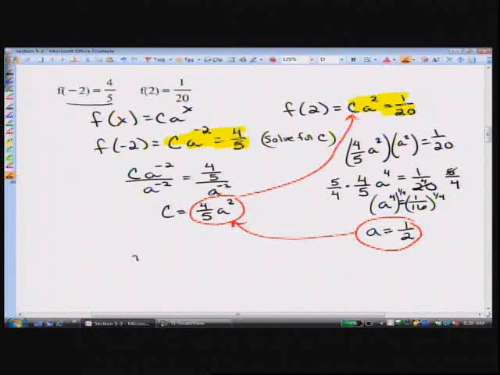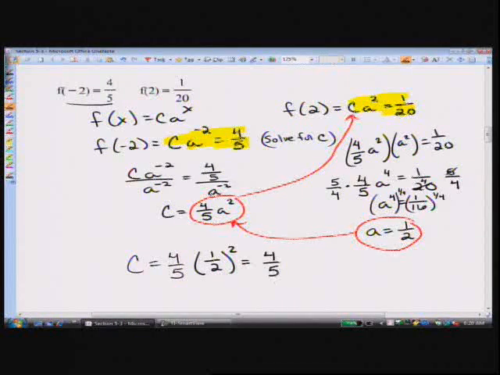Okay, so this is going to be C equals 4/5 times A squared, which is going to be 1/2 squared. So that's going to be 4/5 times 1/4, and then the 4's cancel here, and you get 1/5. So C is equal to 1/5. All right, finally now, we know what A is,